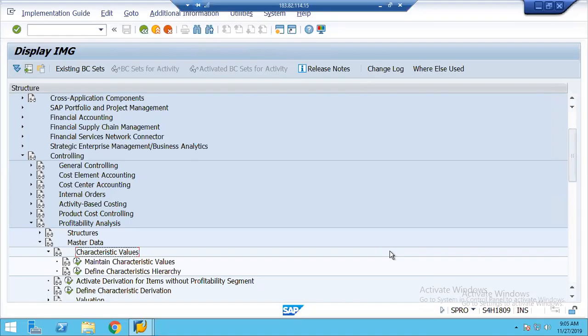You can see the transactions flowing into COPA from various other modules, not only from FI. And apart from that, we can also post transactions directly into COPA. Why do we require this transaction? Sometimes, in some scenarios, we don't